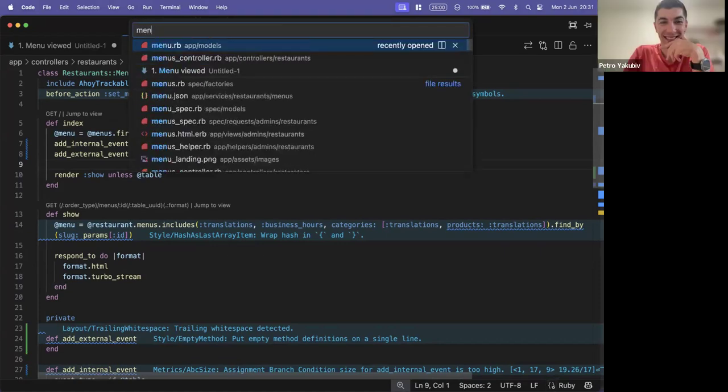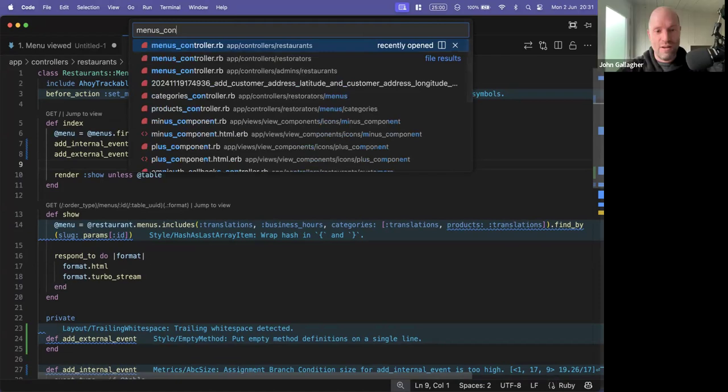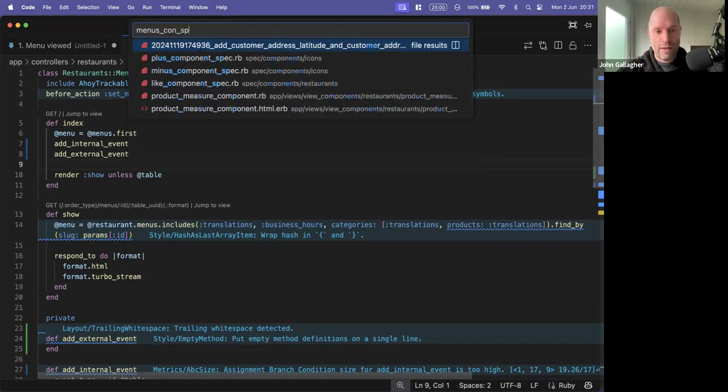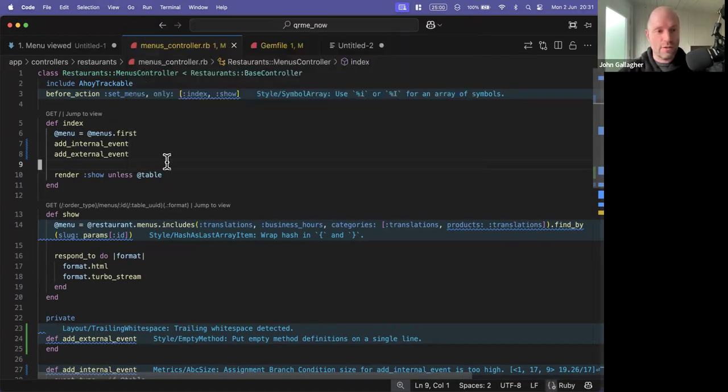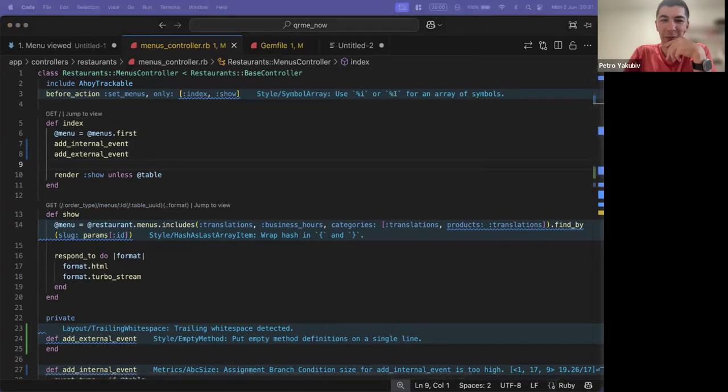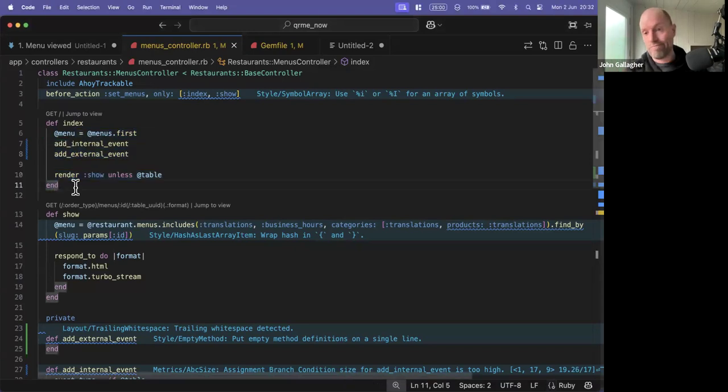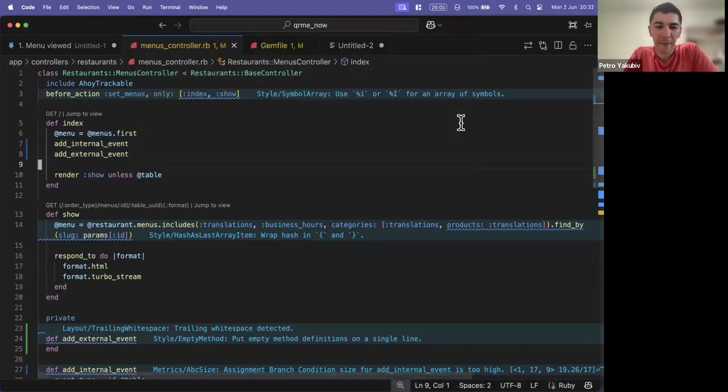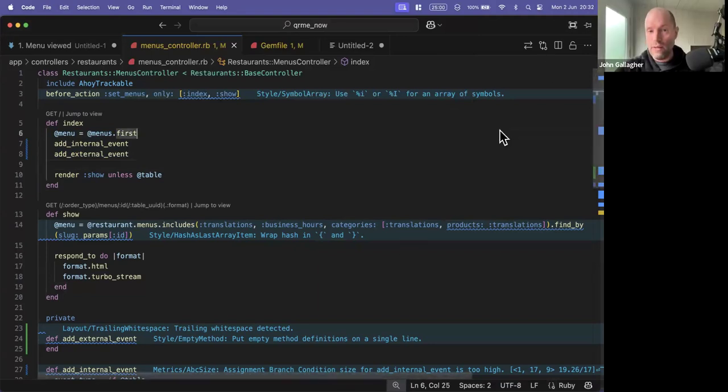So use controller spec. Do you have a spec for this? I think I do, but I'm not sure what's the state of that. So yeah, we only had some TDD specs for the critical part of the app. Cool. No worries. It's a very, very short method, is it? It's like get the menu and then. So let's just very quickly